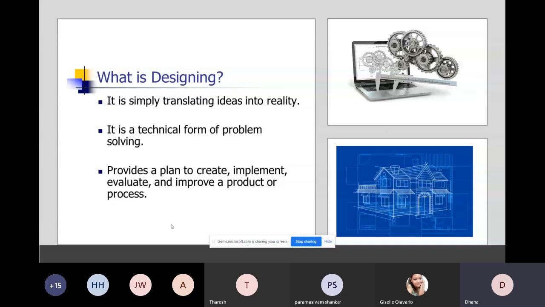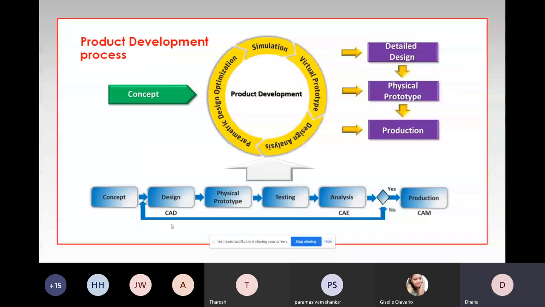The next important thing is the product development process. Each and every industry, starting from aerospace to small scale sectors, follows a process called PLM, product life cycle management. The process always starts with a concept. It may be any industry, whatever product you are going to print or manufacture with subtractive manufacturing, everything starts with a concept.